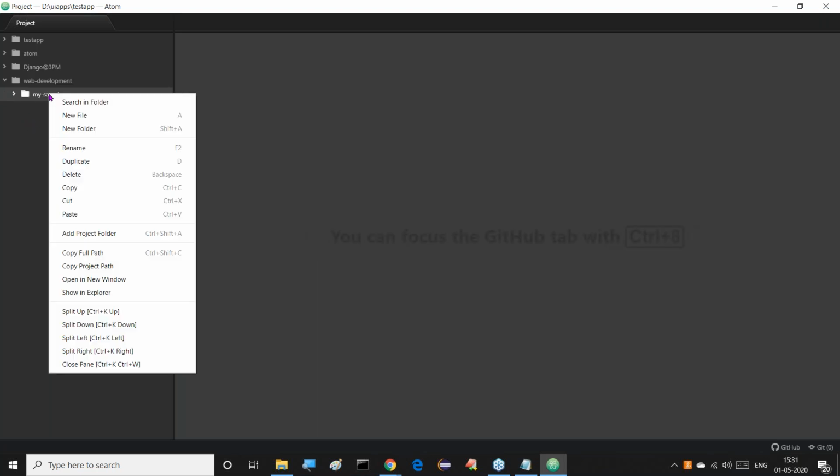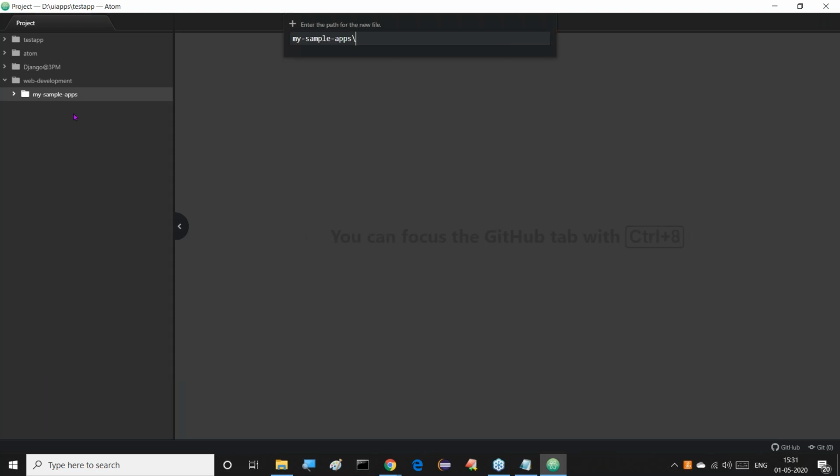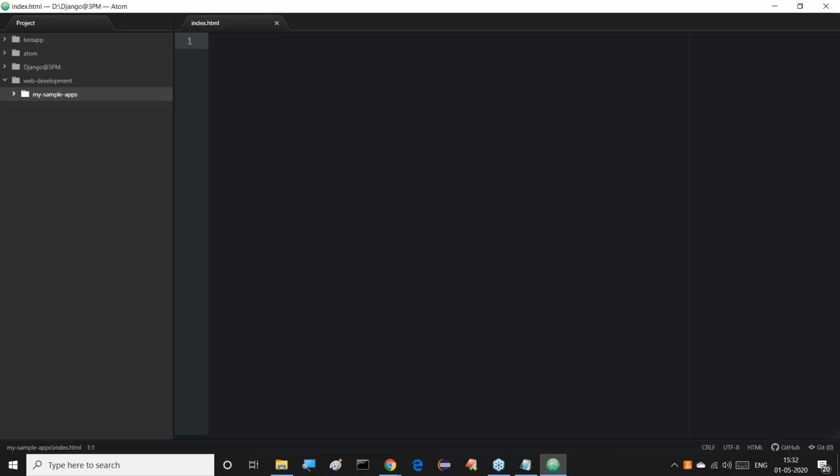Observe this clearly. On this, right click on it and I want to create a new file here. I need to provide a file. What file name do I want to provide there? First of all, I created my sample apps here. Now inside this, I want to create Index.html. I want to prepare this. Index.html. Observe this clearly now. Whenever we prepare this, automatically here we are getting that index.html. So in my sample apps, I prepared index.html here.